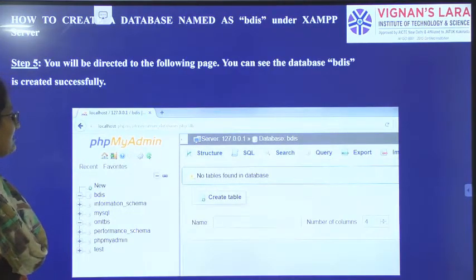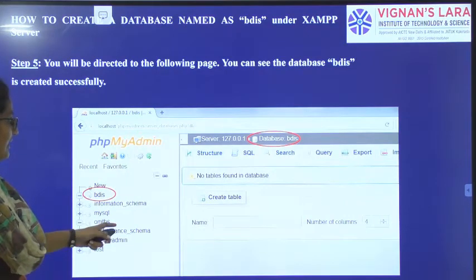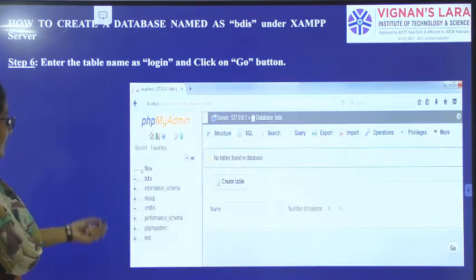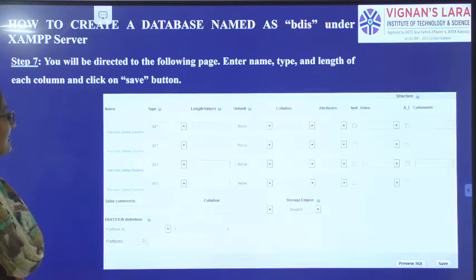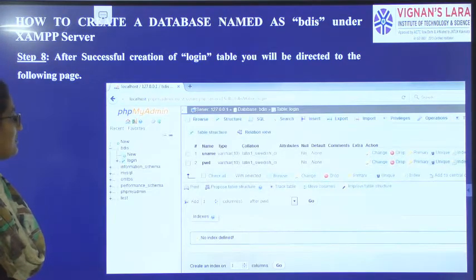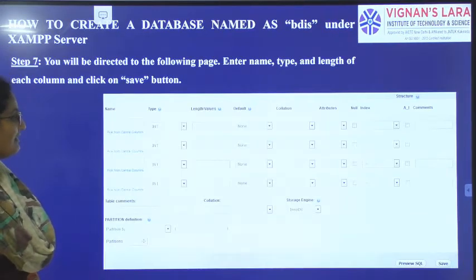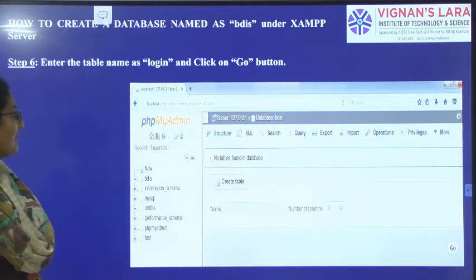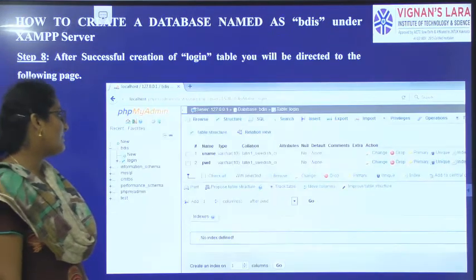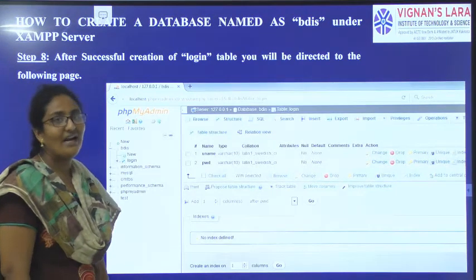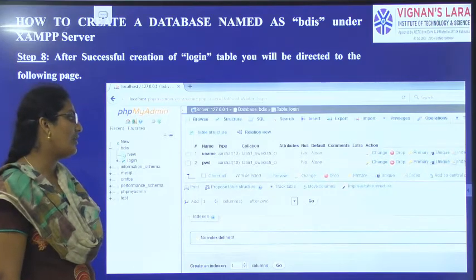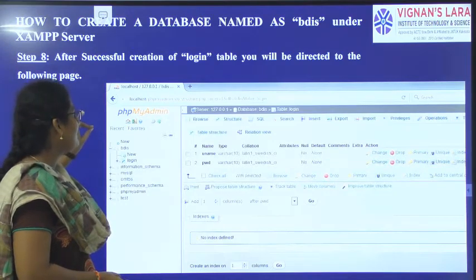Then the database is created successfully. Now you need to create the tables in that. You can create the tables with the desired number of attributes, names and length. Then finally the table will be displayed. For that you need to click on the save option here. When the table is created, you should save the table. Finally you can display the table, and if you want to add any number of columns to that, you can add also. So what have we discussed today?